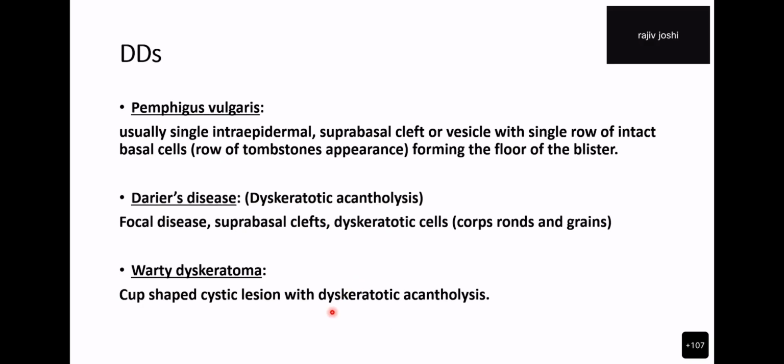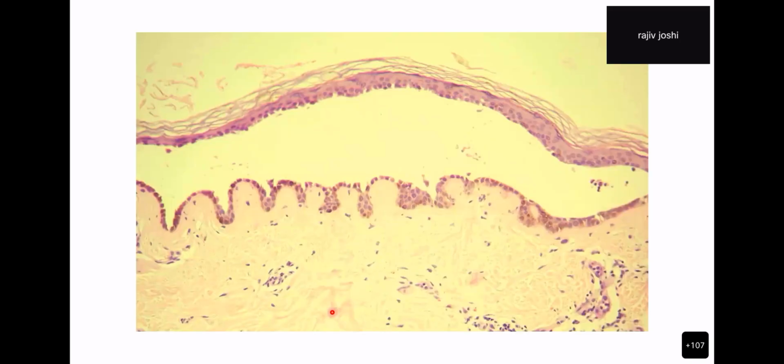You mentioned Grover's. Grover's has many histological patterns. You can get spongiotic, you can get acantholytic, you can get combined. So yes, Grover's can also form a differential diagnosis here. We generally don't see Grover's in India that commonly. For some reason, we don't really see Grover's in India. So this is typical pemphigus vulgaris. You see that very little acantholysis. There's a clear split, which is suprabasal, and you have a single row of cells